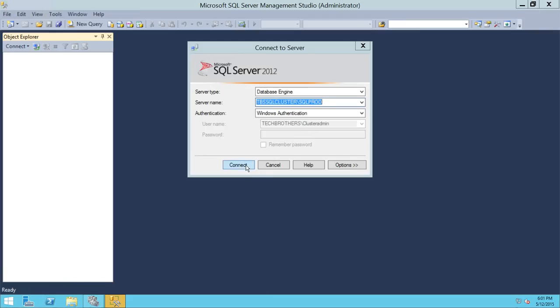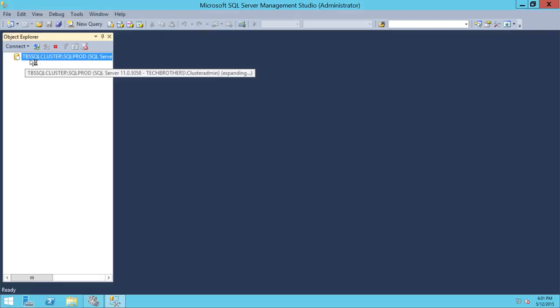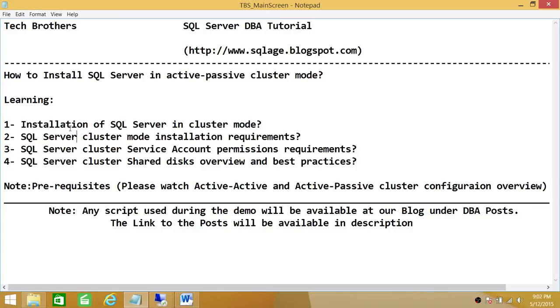SQL prod, let's go ahead and try to connect and see if we get connected. As you can see, we're connected with SQL Server network name TBS SQL Cluster / SQL prod. We went ahead and learned installation of SQL Server 2012 in cluster mode, and we also talked about service account permissions and requirements. We went ahead and took overview of shared disk, and basically this is it, and I hope this demo